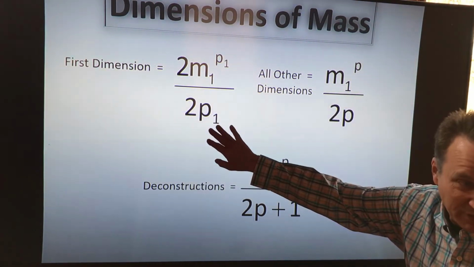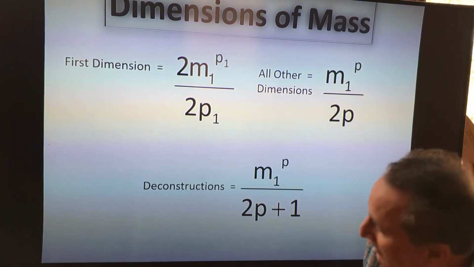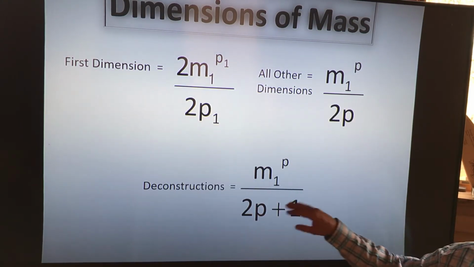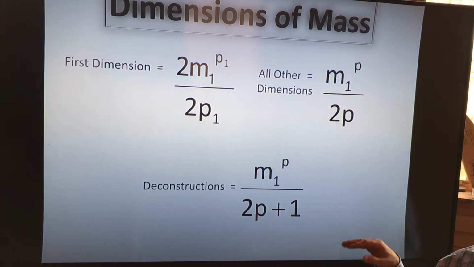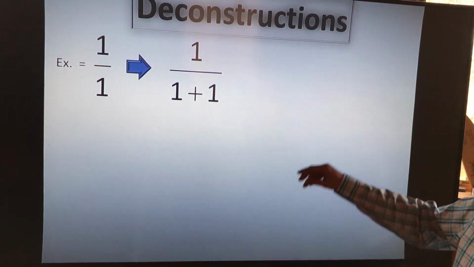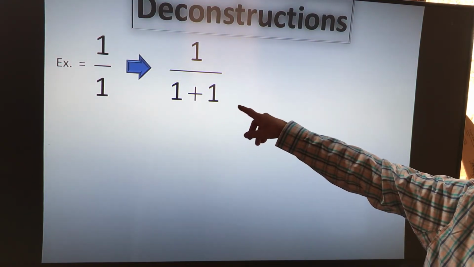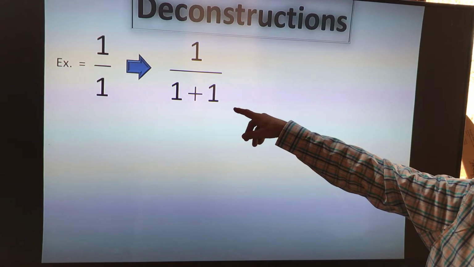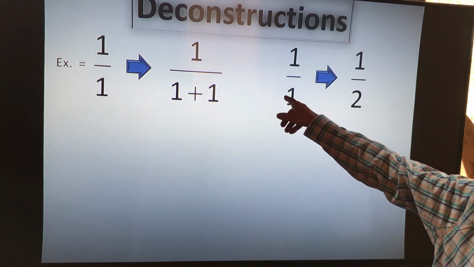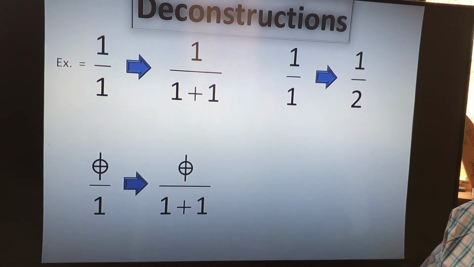So we have the first dimension of mass, the second dimension of mass, and then it turns out there are 3 deconstructions, and that's actually where the dimensions of mass and space are nested together for the nested dimension model of mass. I talked about 1 over 1, and then you just do an increment in the denominator as the first deconstruction, and so that's the same as 1 over 2. And so you do that same thing for